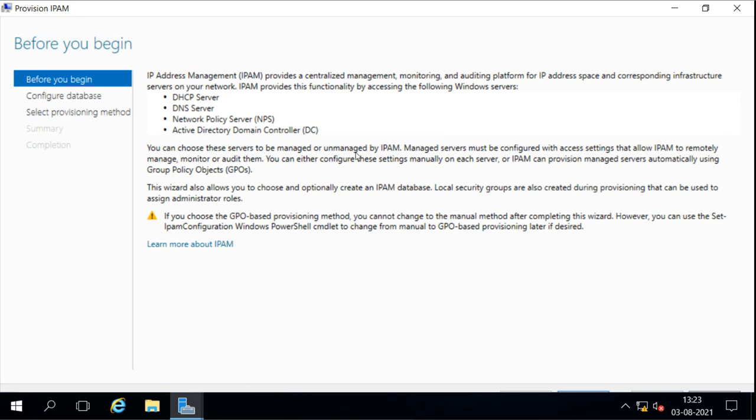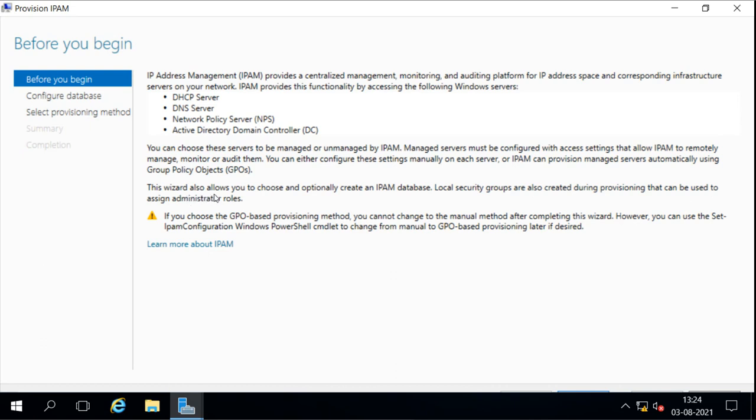For managed servers, we have to configure each and every server manually to be managed from the IPAM server. That means we have to configure the remote configuration, firewall settings, and enable lots of things, so that we can allow the servers to be managed from IPAM. Now doing it manually can be difficult, so we can use the IPAM group policy object. When the group policy is applied on the servers, it will make the required changes to manage the server from IPAM. So we can use the group policy, that will be easy for us.